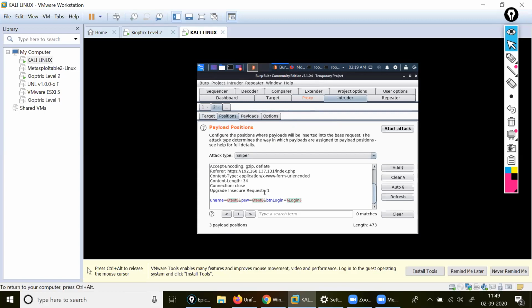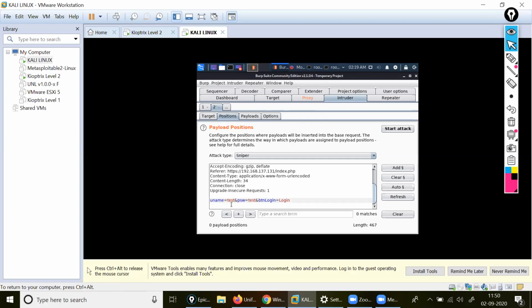Okay, positions is this one. What do you want to paste actually? I'm using the username and password is test, right? That password I'm just giving copy here.